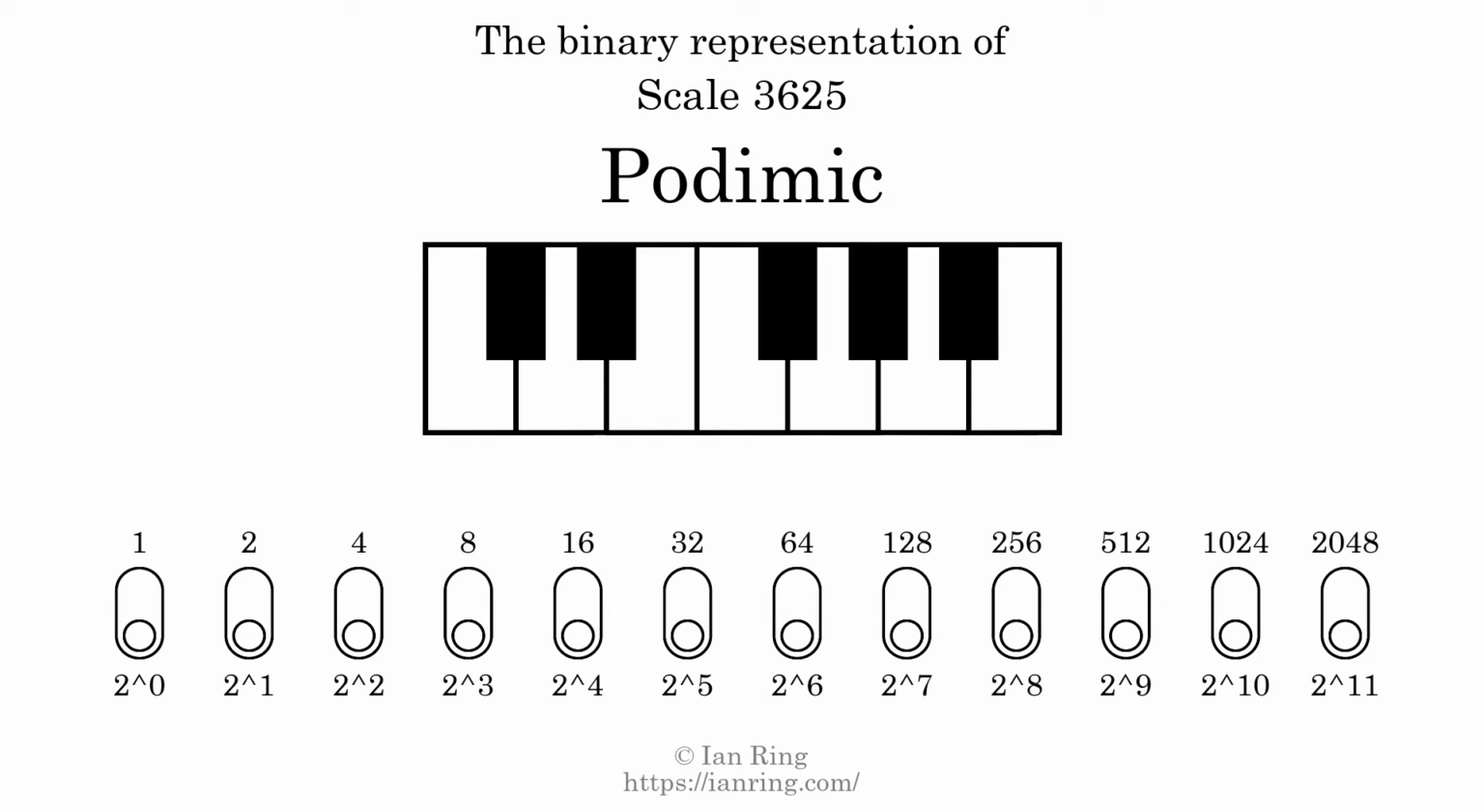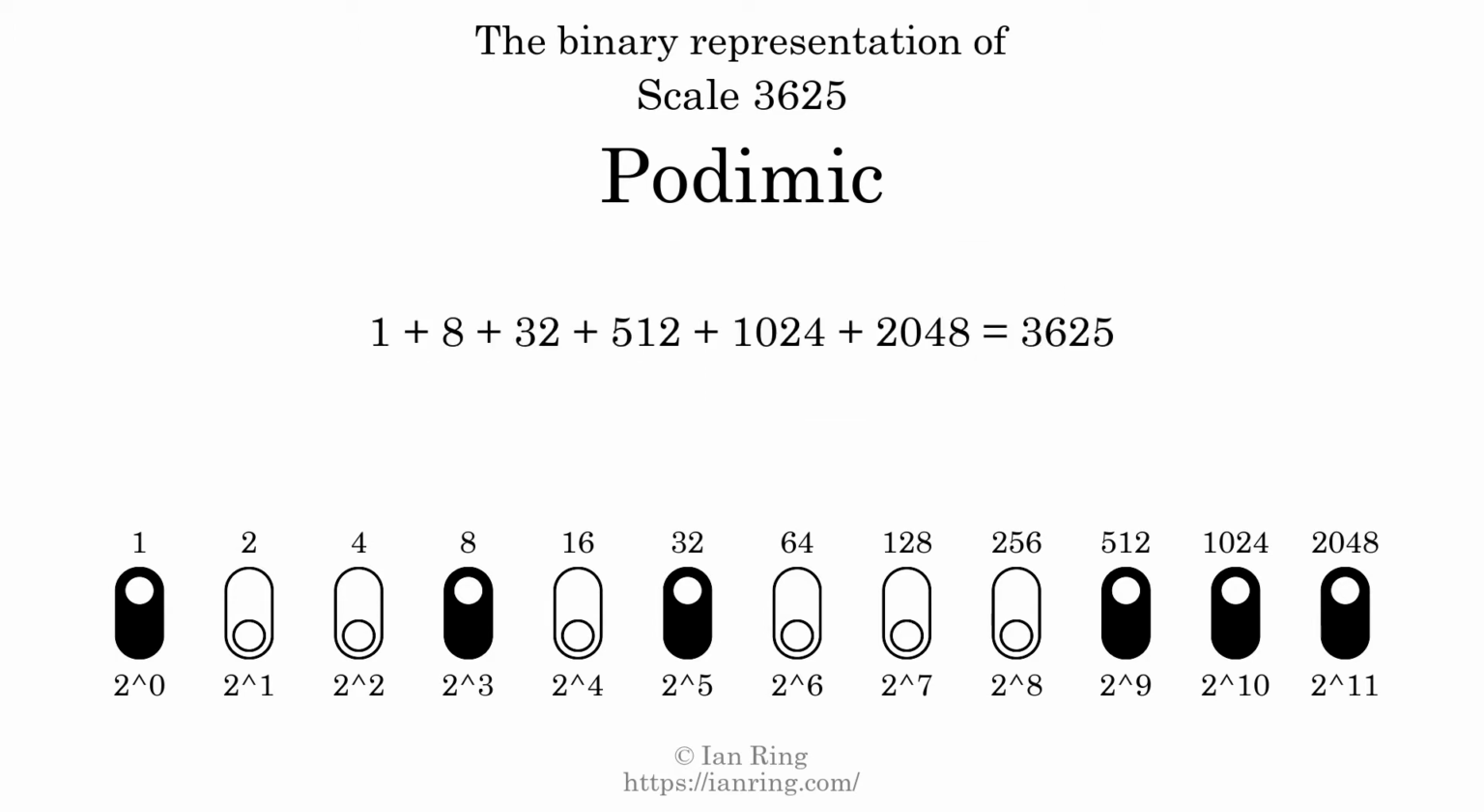The binary representation of this scale is determined by mapping tones of the scale to binary digits. Each binary digit represents a power of 2. To get the scale number, we add the powers of 2 together. The powers of 2 that are present in the scale, all added together, equals 3625. That is why the scale number, in decimal, is